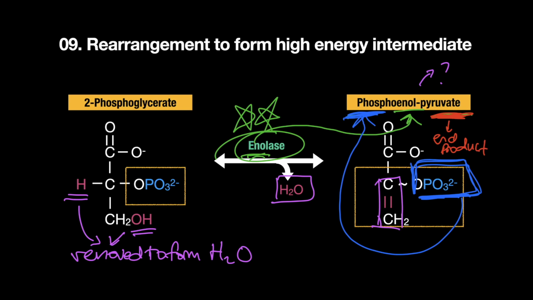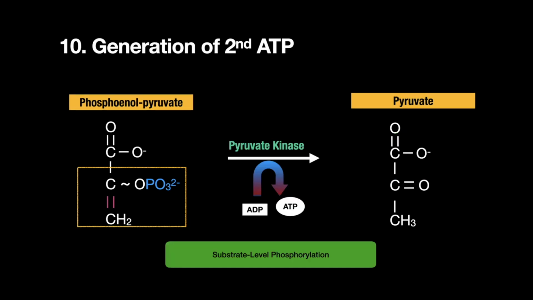This generates a high energy bond between carbon 2 and the phosphate group, making it unstable. And at this point, you can already guess what is going to happen next. Of course, we are going to milk out the last phosphate group from phosphoenolpyruvate and generate ATP. So for step 10, where we generate our second ATP molecule,